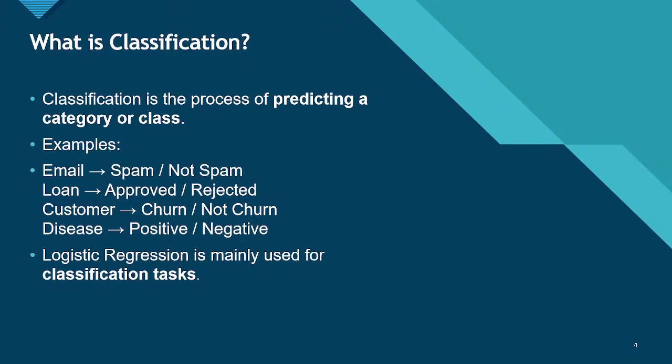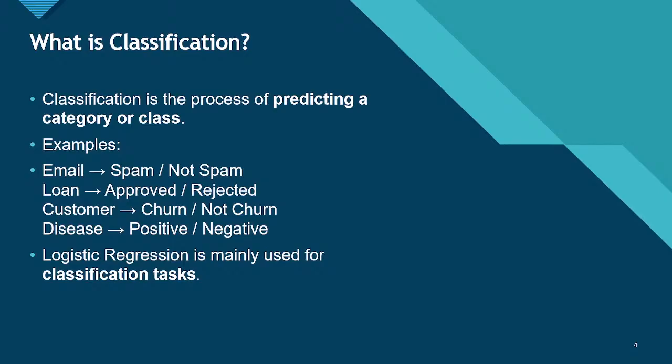There are two types of supervised learning. First is classification, second is regression. Classification is a very common problem in machine learning. In simple terms, classification is the process of predicting a category or class for a given input. Instead of outputting a number, the model uses the data to group the output, usually into a discrete category,